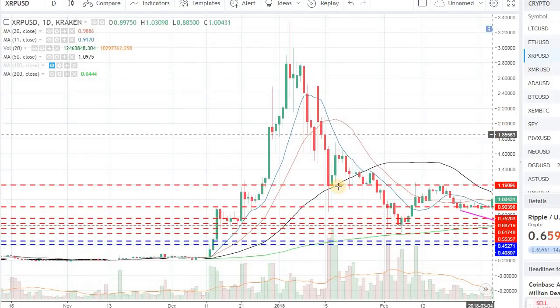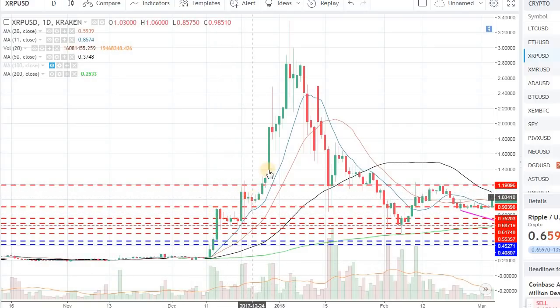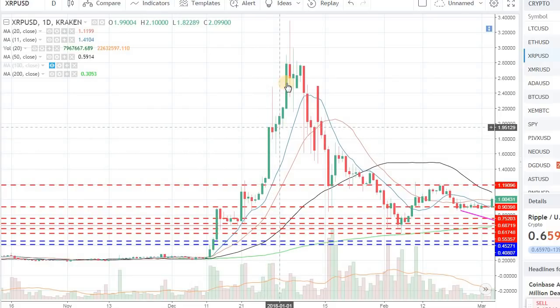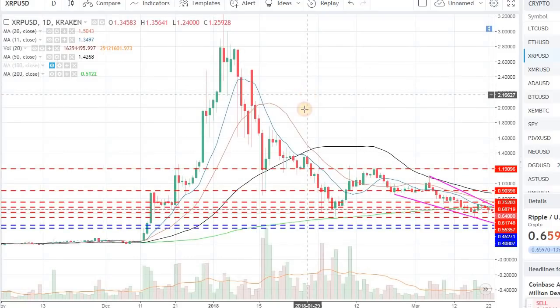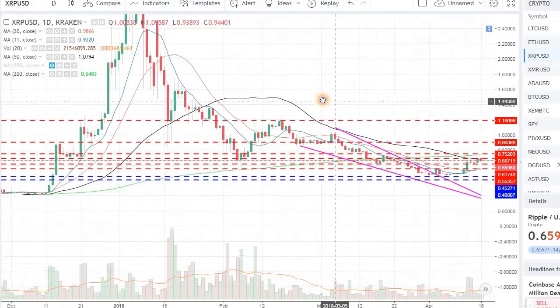Alright, so Ripple had an initial breakout back in December. It got a consolidation, then it broke out again, consolidation, broke out again, more consolidation, and it went all the way up to $3.30. Alright, back in early January, when the overall market made the new high and everything was looking really rosy. And since then Ripple pretty much sold off with the overall market and came all the way down to 60 cents, tried to make a bounce again, went all the way to 119, and since then it was